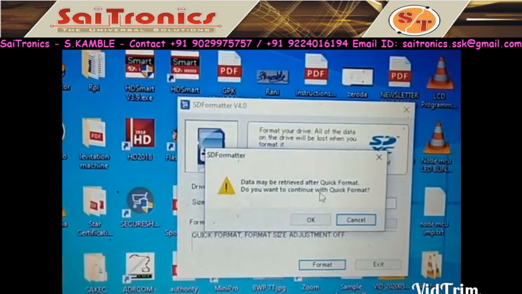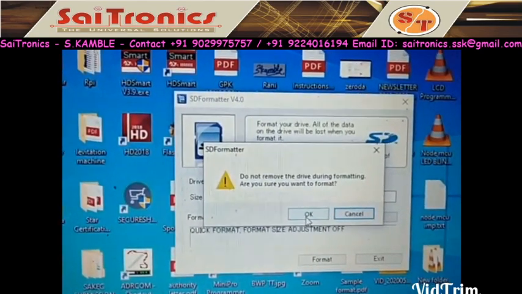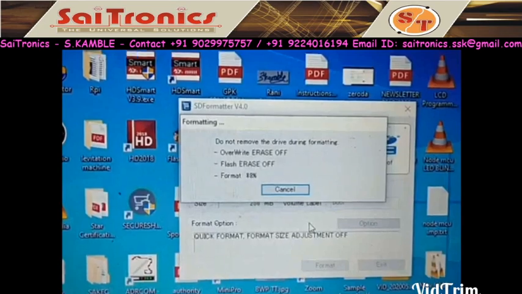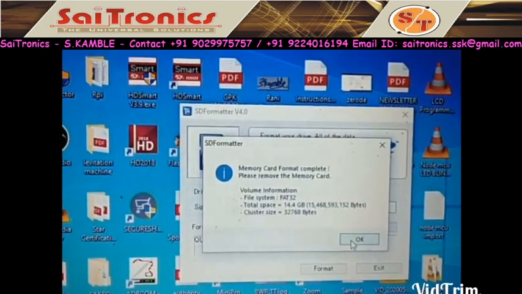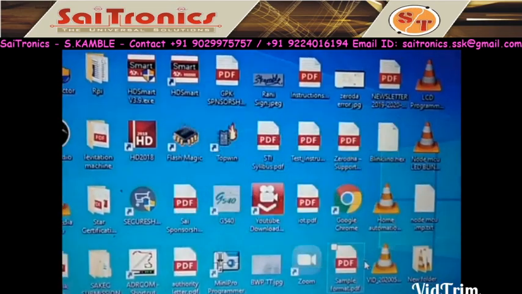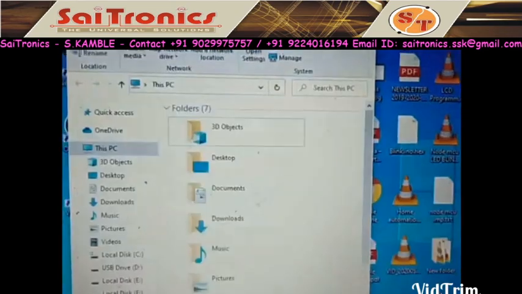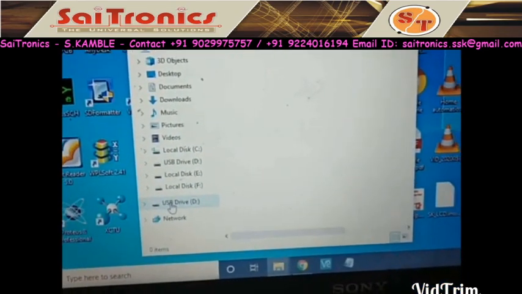Data may be retrieved after quick format, so we are using overwrite format. So format is completed, and then exit. So if you see, the content in USB is blank.